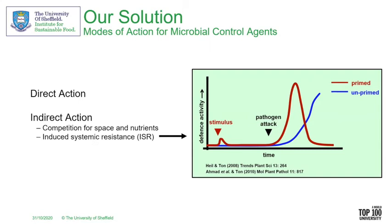which basically primes the plant's defense, which means if there is a pathogen attack, it's able to respond much stronger and much faster than an unprimed system that doesn't have this induced systemic resistance. So we're going to be hopefully finding soils that are able to provide ISR and then transfer that into a